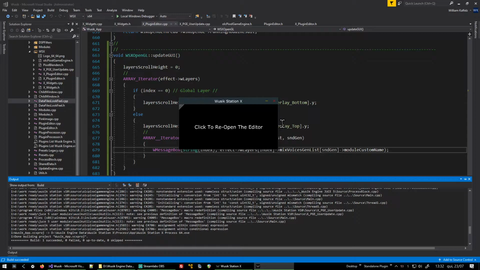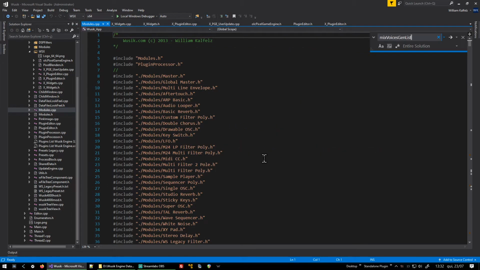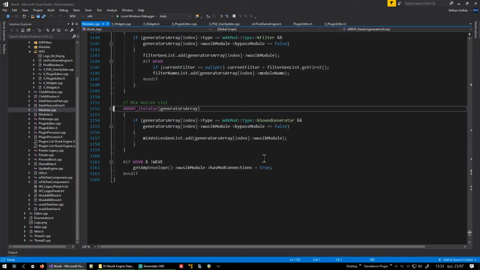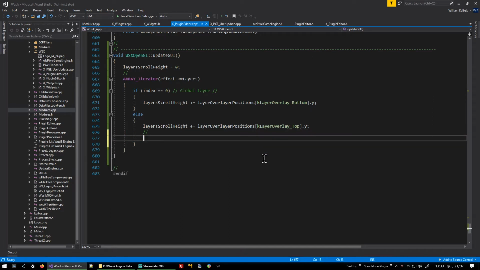It's empty. It's not going to help me. So it's just easier to actually check the whole list again, like I do it in here. I just check the generators array and check if it's a sound generator. And from there I can get